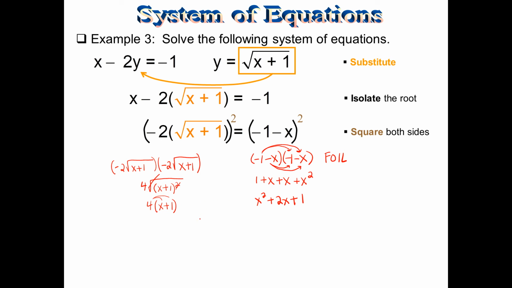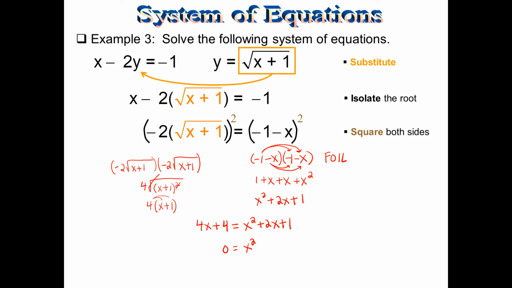Okay, so we can set these equal to each other and then solve. So if we got 4x plus 4, that equals x squared plus 2x plus 1. And again, it's a quadratic like we did on the last problem. We need to bring everything over to the same side of the equal sign. So it's set equal to 0. So if I bring this over and that over,